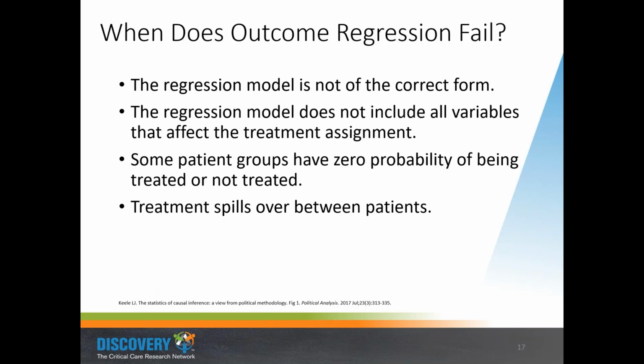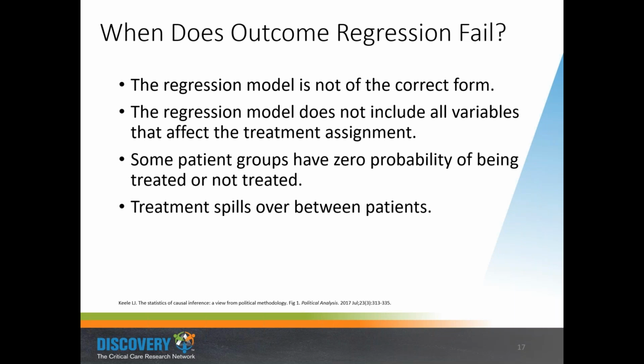This can fail if the regression model is not of the correct form. Of course, if you're imputing those potential outcomes and you're using a model and the model is not right, like you're not accounting for a particular covariate, or you're missing an interaction, or it's a squared term and you put it in as linear, then the imputed value that you're going to get is not going to be close to the real value that you are missing. So that can happen if you're not including all the variables that affect the, this should actually say the outcome, not the treatment assignment.